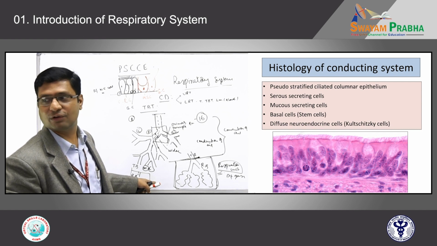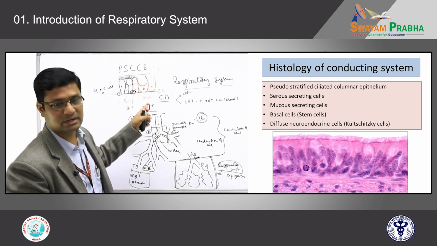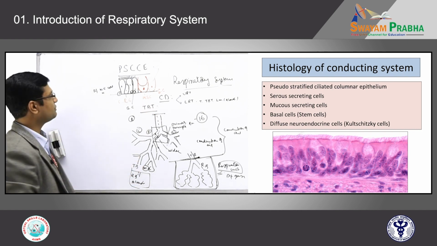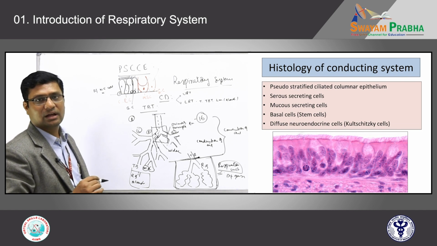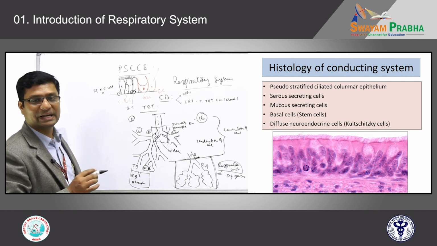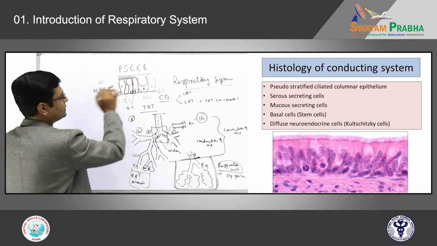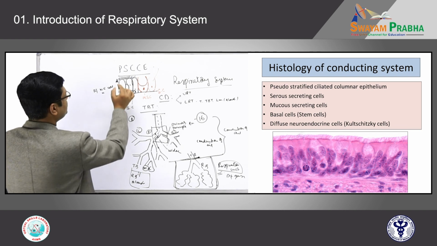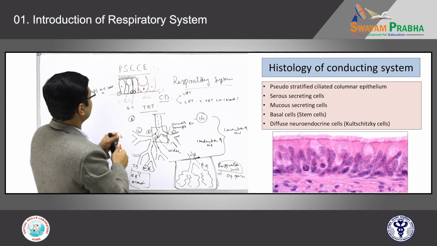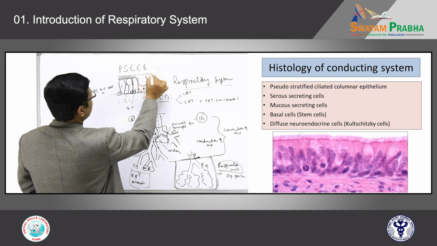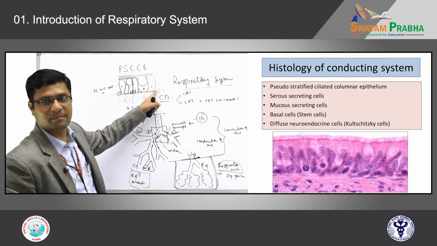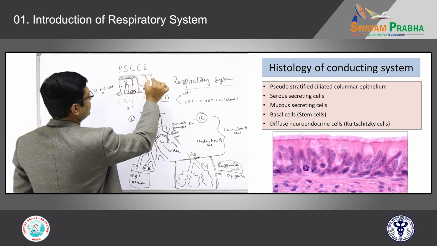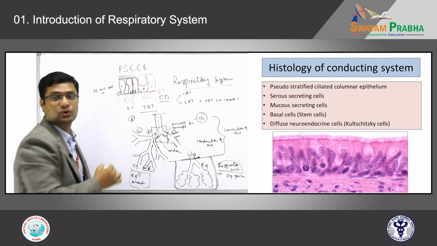If somebody asks, all of you should know that these are the five different types of cells that line the respiratory system. So, what is the function of these cells? Ciliated cells are mainly useful for clearing the microorganisms and help in defense. Goblet cells mainly secrete the mucus, which forms a thin layer on the respiratory epithelium. Serous cells secrete a watery kind of secretion, which also forms a layer along with the thick mucus.